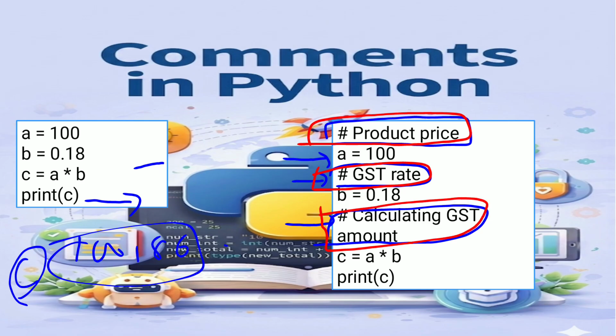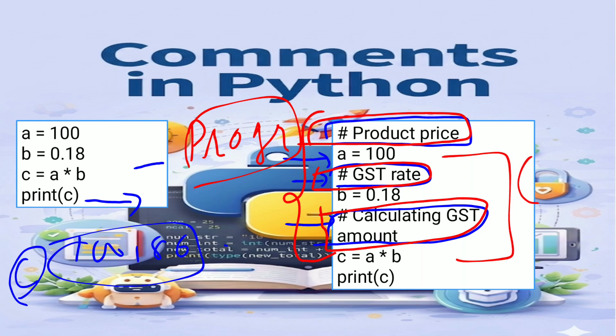ये lines यहाँ पे execute नहीं होगी, because previously I told you कि जो हमारे comments होते हैं, वो सिर्फ प्रोग्रामर के लिए हैं और हमारे कंप्यूटर के लिए सिर्फ हमारा कोड होता है। तो जो कोड है वो सिर्फ कंप्यूटर के लिए है और जो कमेंट्स हैं वो सिर्फ प्रोग्रामर के लिए हैं, जो उसे असिस्ट कर रहे हैं, उसे ये बता रहे हैं कि हमारा प्रोग्राम किस टाइप का है।